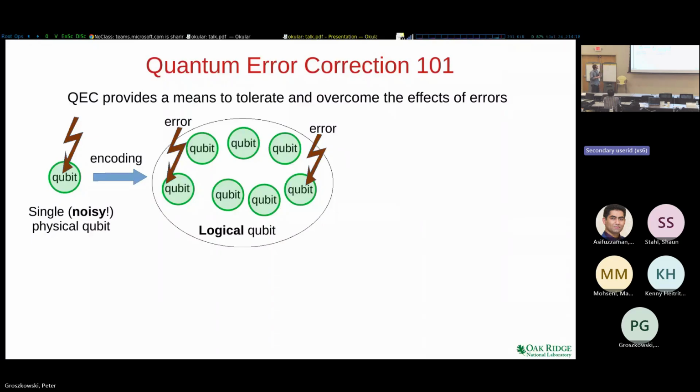So as we probably all know, quantum error correction provides a means to tolerate and ultimately overcome the effects of errors. The idea, of course, is that instead of utilizing a noisy physical qubit, we take a whole bunch of noisy physical qubits and we make a logical qubit out of them. These logical qubits will still suffer errors, but now the information is spread in some non-local way. And so even though the individual physical qubits suffer errors, we can still hopefully detect them and then